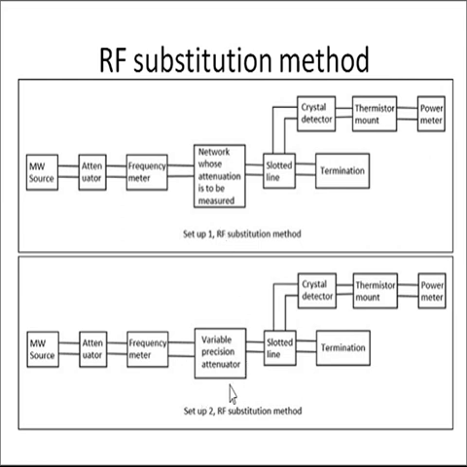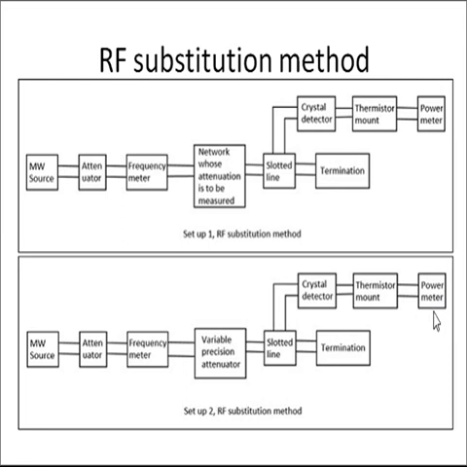Setup 2 is the same as setup 1, but the device providing the attenuation has been replaced with a known attenuator device. This known attenuator device has a controlling knob on its top. Let us see how the attenuation can be measured using setup 2. Again the source will generate the signal, it will be transmitted through a series of devices onto the receiver side, and the crystal detector will detect the signal level, which will be indicated on the power meter of setup 2.